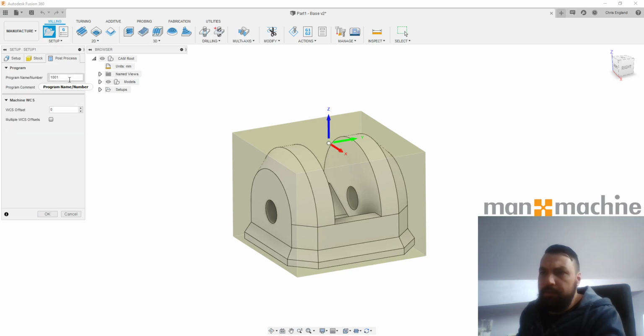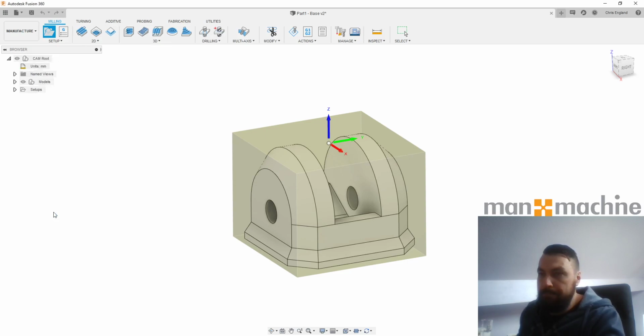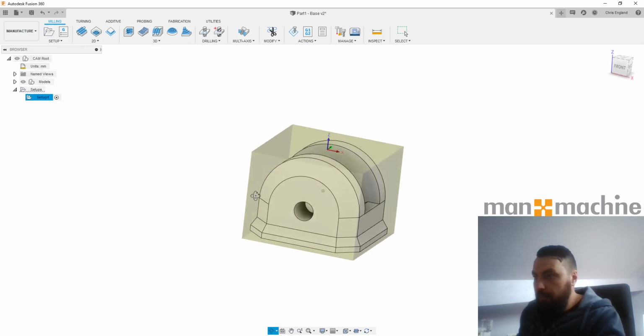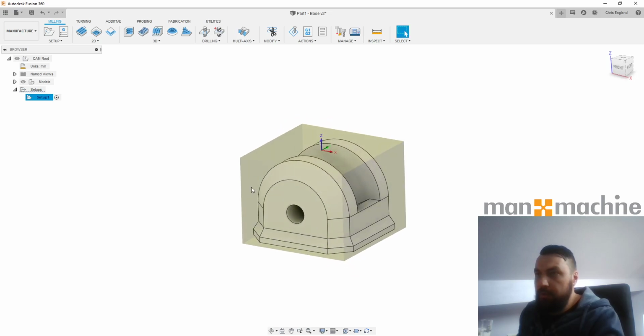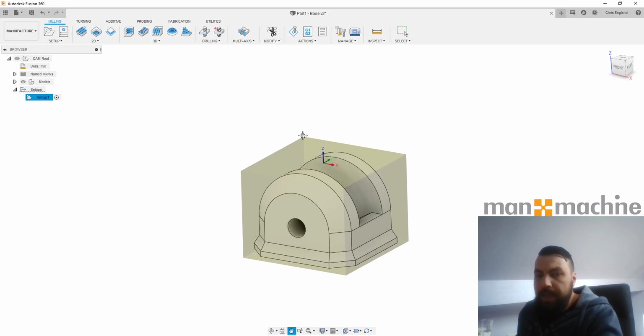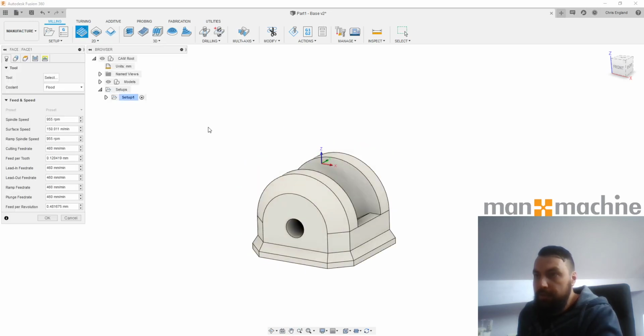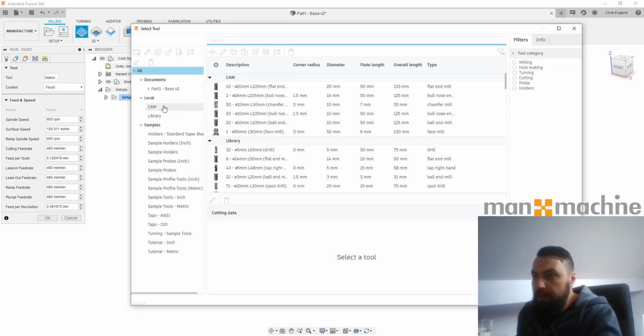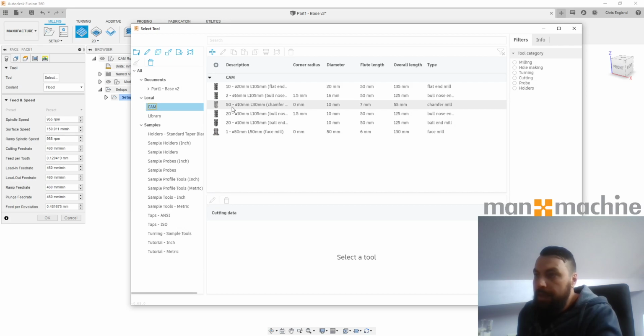Post-process tab is mainly just to set your program number up front. We can do this later on as well. So if I say OK, we now have a stock and we're ready to start plotting toolpaths. Normally our first toolpath in just about any CAM setup is to go and do a facing operation. So if I choose the facing operation, first thing in the menu that we get to do is select our tool. So if I jump to tool, I can click on my CAM library